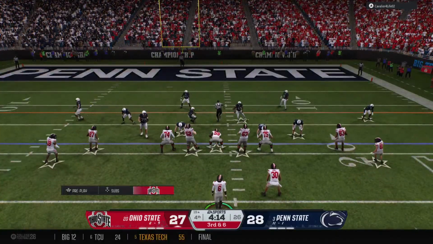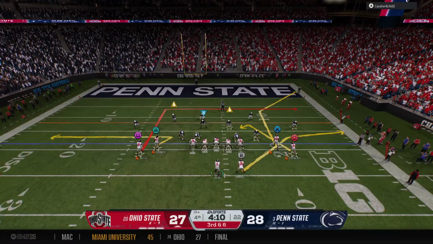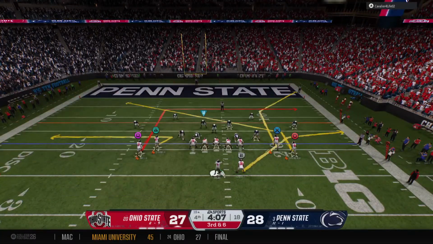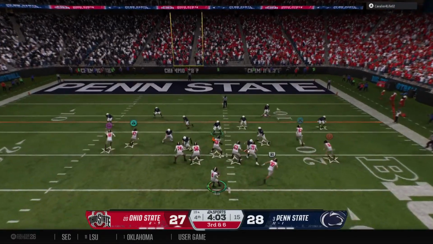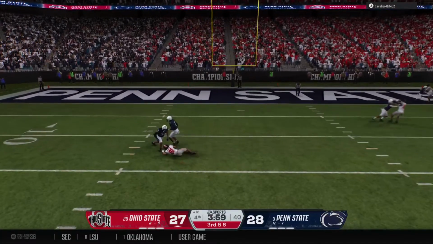Offense set for the 6th play in this drive. Drop back here on 3rd down. The pass rush closing in.